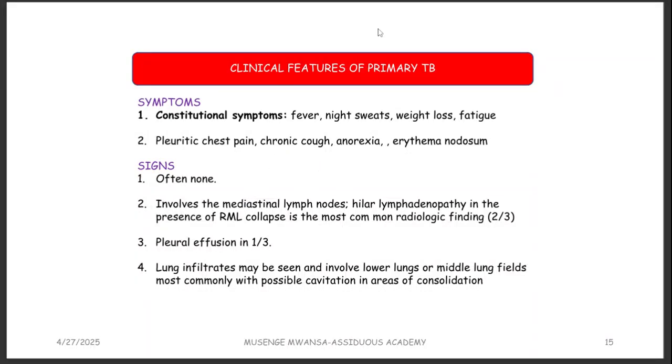So what are the clinical features on history? What are you going to be asking? So you have asked the patient when you are taking your chief complaint, okay, sir or madam, what brought you to the hospital? They tell you, have been having night sweats, fever, weight loss, fatigue. And remember, when you are taking history of the chief complaint, the HPI, you are going to try to break down, really expand more on what the patient is saying.